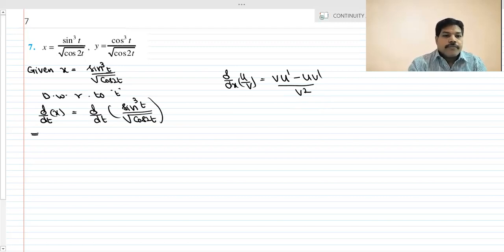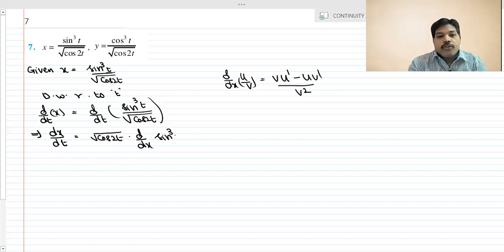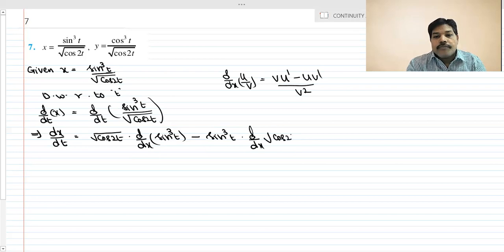So that implies dx by dt is equal to, so u by v formula, students. What we will get: first v is nothing but cos 2t into derivative of sine cube t, minus sine cube t into derivative of root cos 2t,